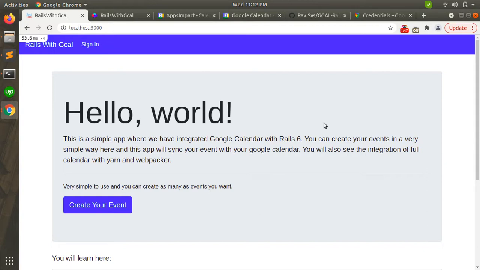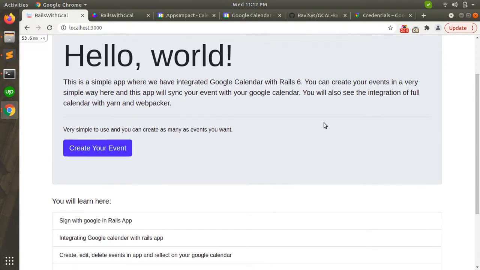You can find the idea from there, and if you want, you can try that code base on your own and quickly implement that kind of feature in your application, or if you need some kind of reference for a similar task, then you can use that code base. I believe that will be really helpful for you. So let's start with the demo, and before starting, let's see what we will learn from this video.